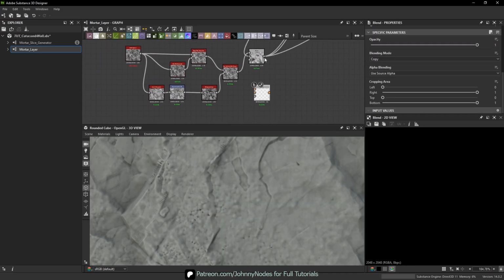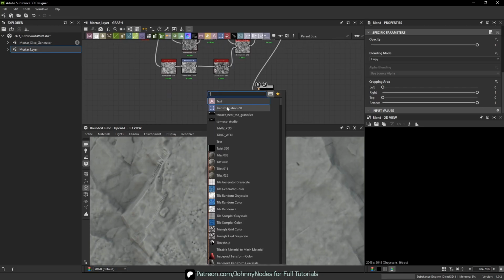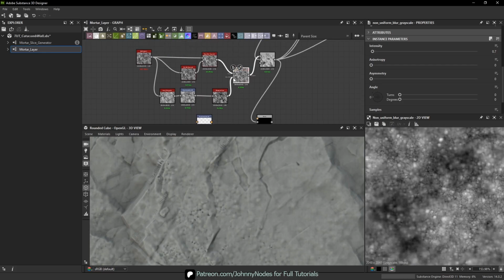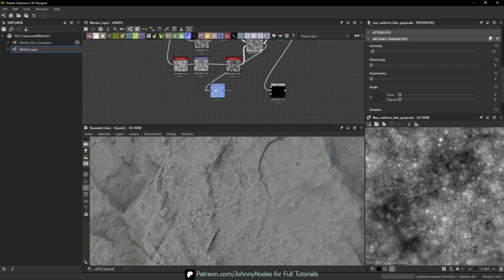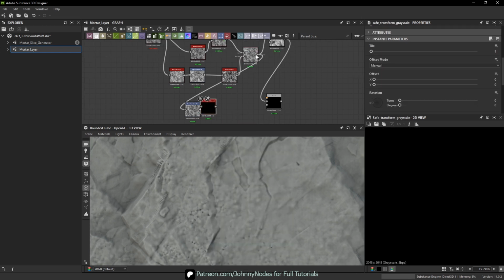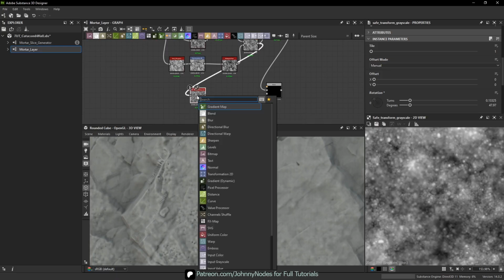We'll do something different now. Again, just trying to work through those noises. I'm going to grab something like, let's steal this guy again. You know what? We use a safe transform grayscale just so that we're able to rotate it on a 45 degree. And you can do some fun stuff here too. I'm going to basically do this again, but we're going to run it through